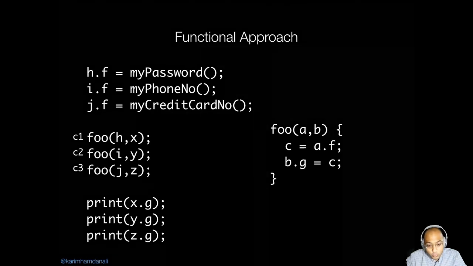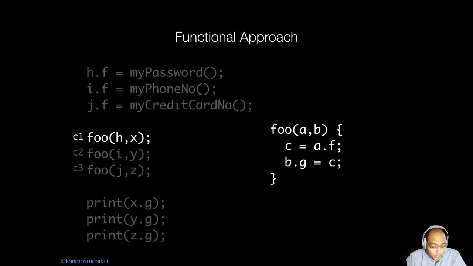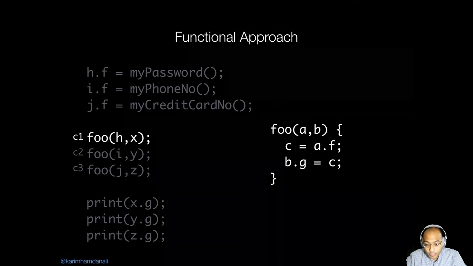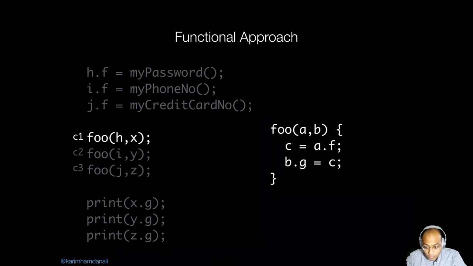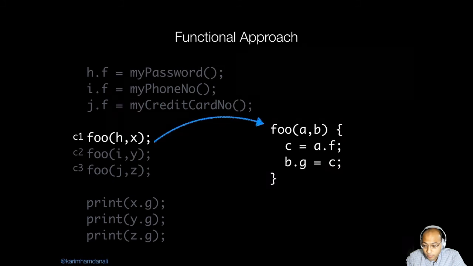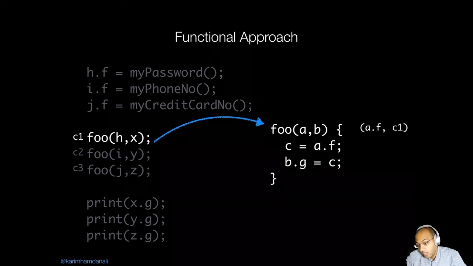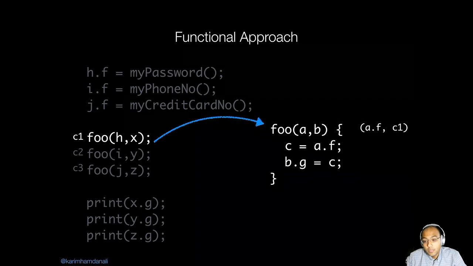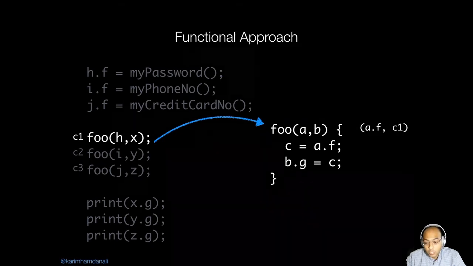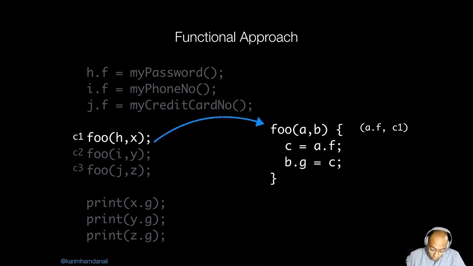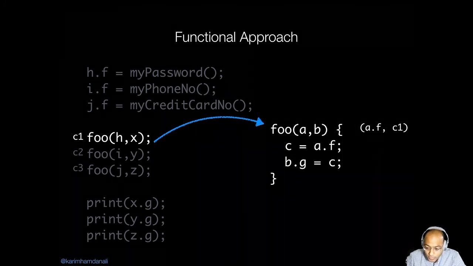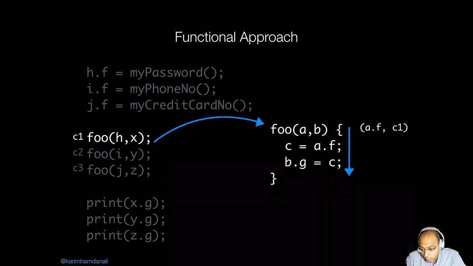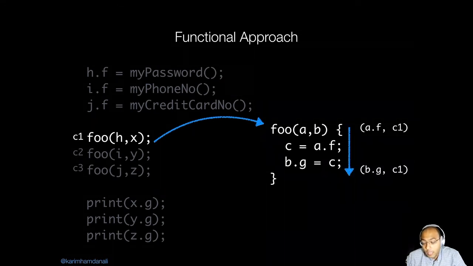So the first call site foo, h.f, and then I'm going to pass it h and x. So what am I going to do? Well, h is going to be assigned to a, x is going to be assigned to b, and then I'm going to propagate the data flow fact. So my a.f and c1, so remember, every single data flow fact will be the data flow fact that you're propagating associated with the call string so far. So the call string here will be c1. Propagate that forward. Now b.g with c1 will be reachable, meaning it will be tainted in this case,